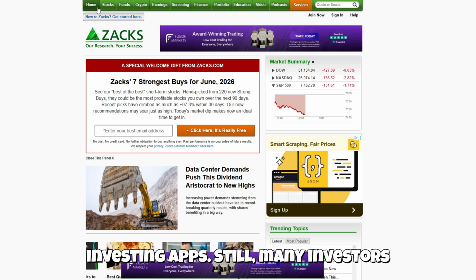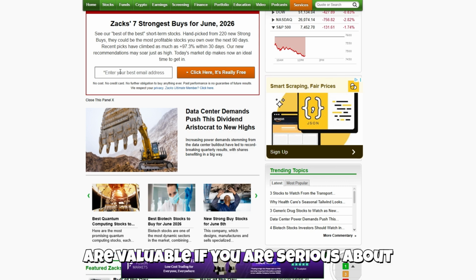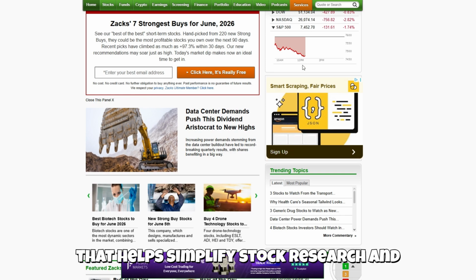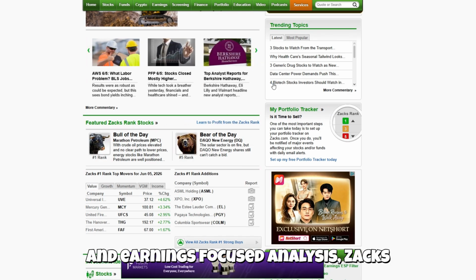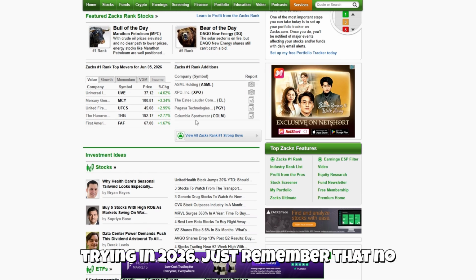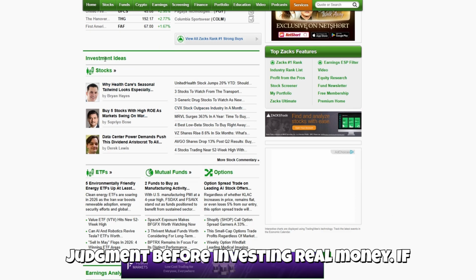Still, many investors agree that the research tools and data are valuable if you are serious about improving your investing process. Overall, if you want a beginner-friendly platform that helps simplify stock research and gives you access to rankings, screeners, and earnings-focused analysis, Zacks Investment Research is definitely worth trying in 2026. Just remember that no platform can guarantee profits, so always combine research tools with your own judgment before investing real